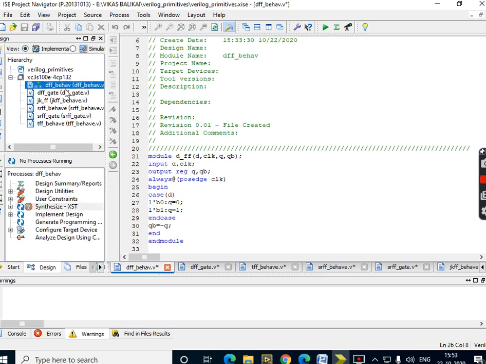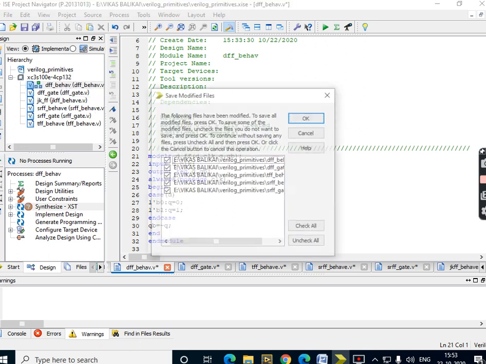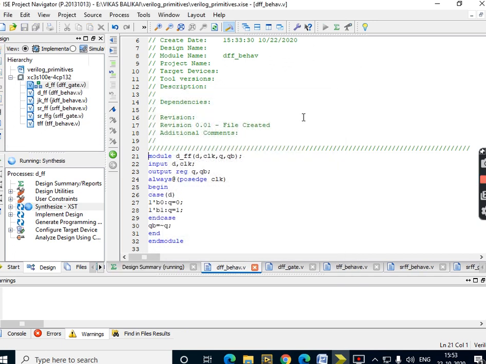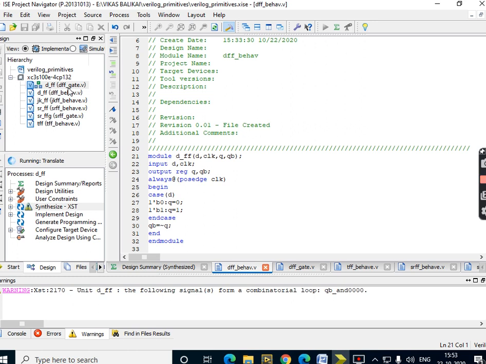Okay. So now we'll go to the execution part of this. So D flip flop behavioral modeling, I've set it as the top module. Okay. And now I want to execute this. Let us see whether this program is going to be executed or not, and I'll try to verify whether this is going to be working or not. So synthesizing is done. I'm getting into the loop. So therefore, implement design.